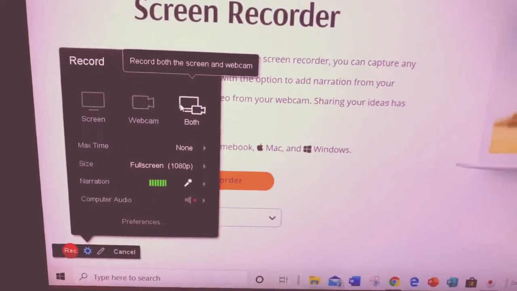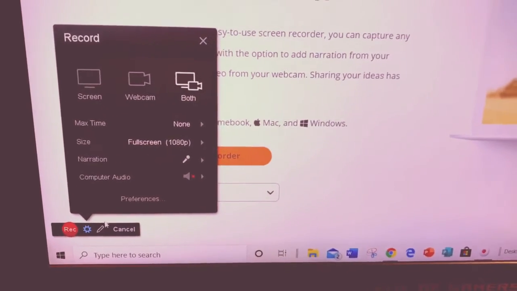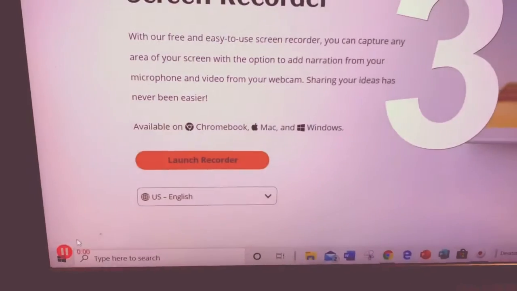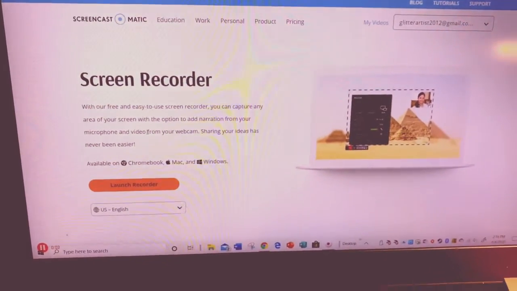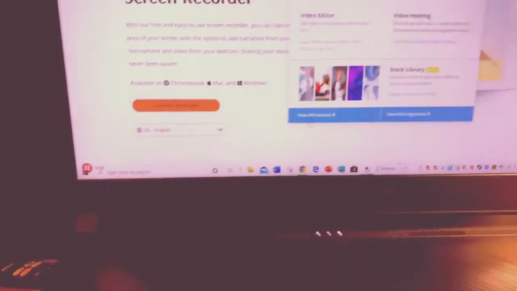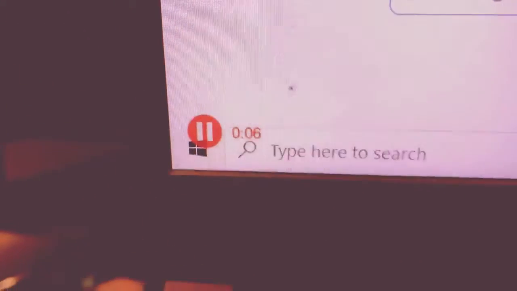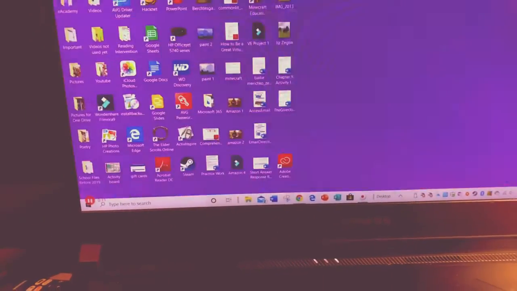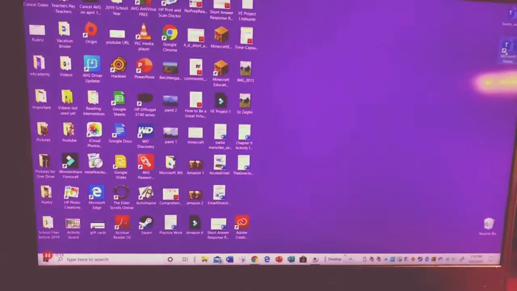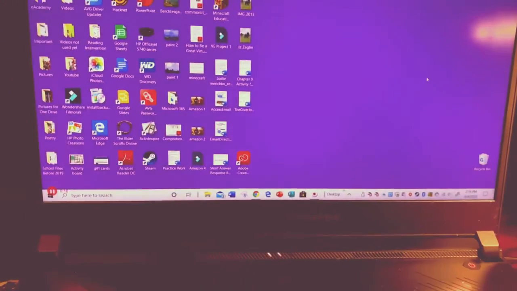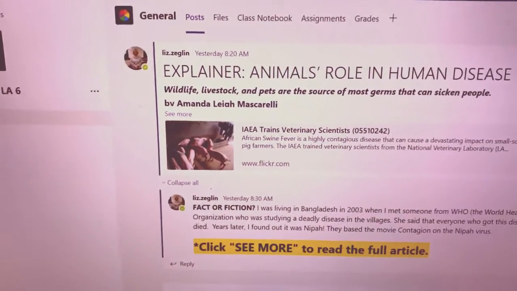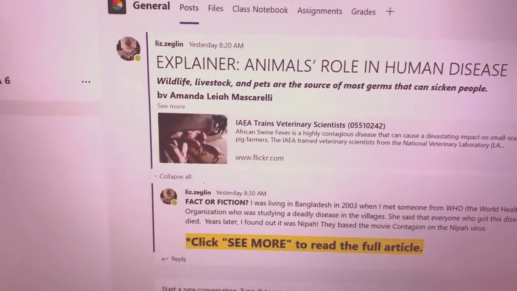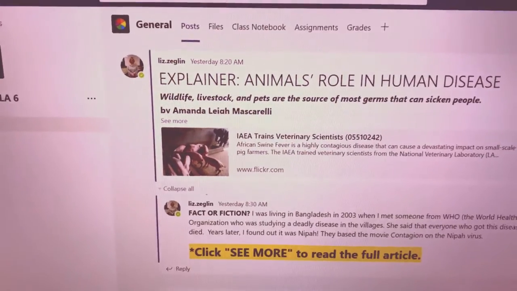So when I'm ready to record, I'm just going to hit record. I usually check my sound beforehand, but it's going to give me a 3, 2, 1, and then whatever is in my screen, and you can see it's counting down, is recording. So now I could go to whatever I wanted, Teams, and make a video. Looks like, okay. And basically, I just typically, when I'm finished,